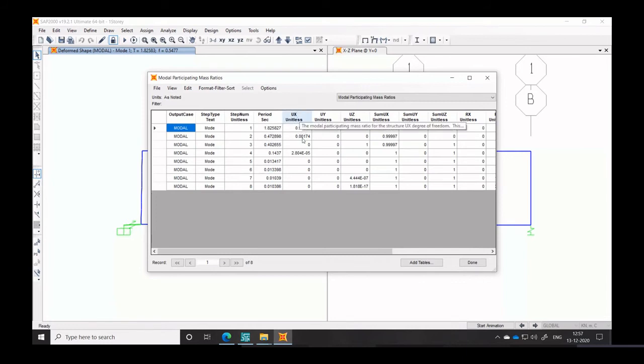The contribution of the first mode is 0.998, almost equal to 1. The only reason we are getting a value so close to 1 is that my superstructure is very stiff, so the response in the primary mode is contributed by the first mode. The second mode contributes very little, 0.00174. So this is the case where the isolation is very effective because the superstructure is very stiff.